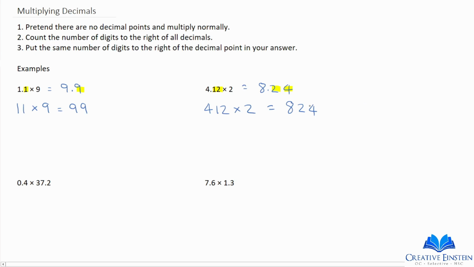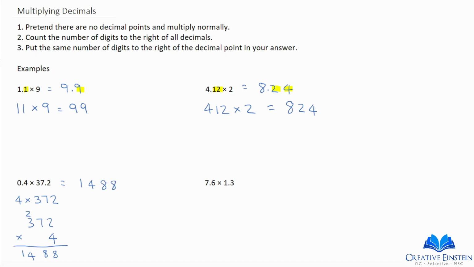Let's go through some different examples. These are a little bit harder. 0.4 times 37.2. Again, we're going to pretend there is no decimal there. So that becomes 4 times 372. So let's do that. 372 times 4. 4 times 2 is 8. 4 times 7 is 28. 4 times 3 is 12 plus 2 is 14. So that equals